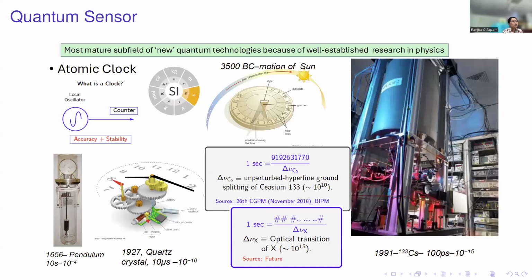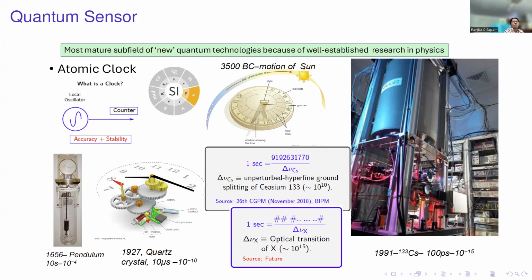Okay, so among the four particles, I just wanted to give another example, a quantum sensor. A good example of a quantum sensor is the atomic clock. The right-hand side picture is the cesium fountain clock from the National Physical Laboratory, London. This is part of where the atomic fountain is. It's jargon, I think, for the people. What happens there is that there are cold atoms which you can lift off to a height and they will fall down.